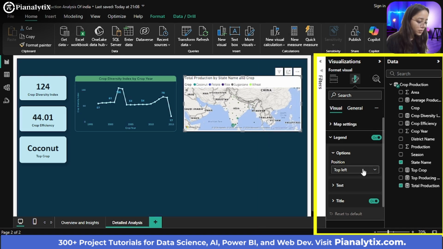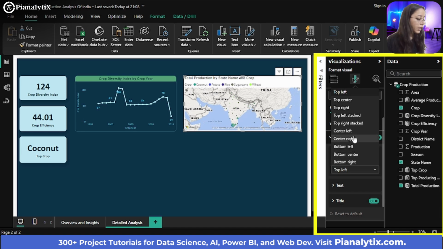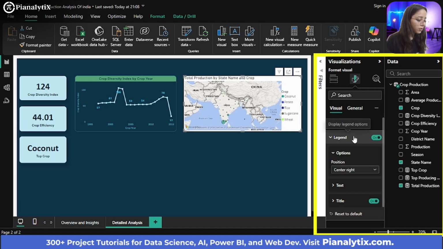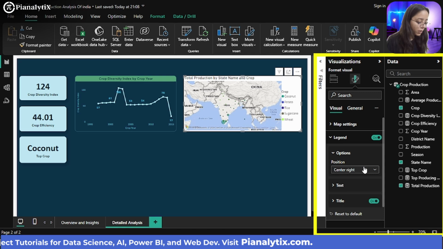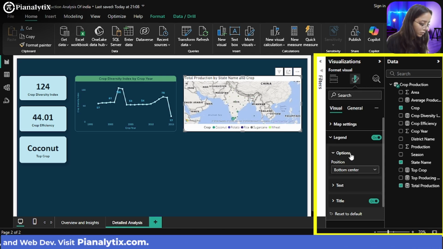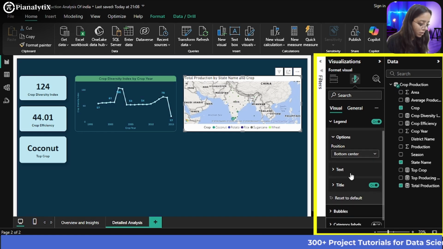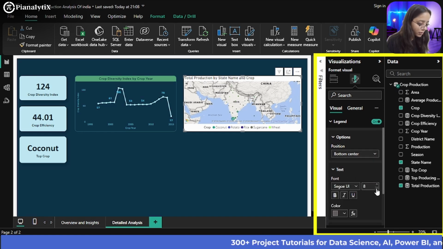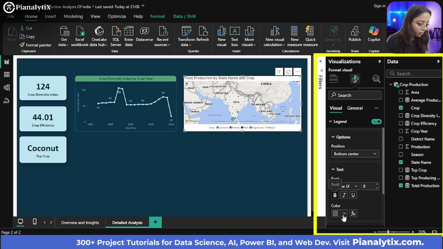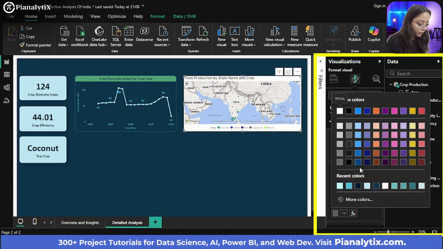And the legend can be shifted to, let's say, center right, or maybe we can choose the bottom center. And you can make sure the text is smaller in size. You can make this bold if it's not visible, and you can choose this color.